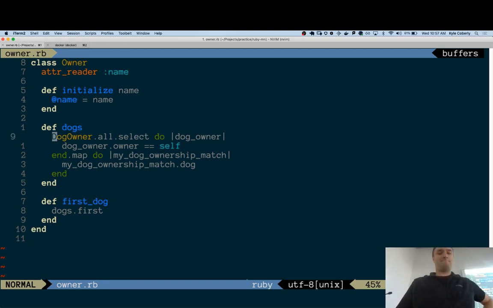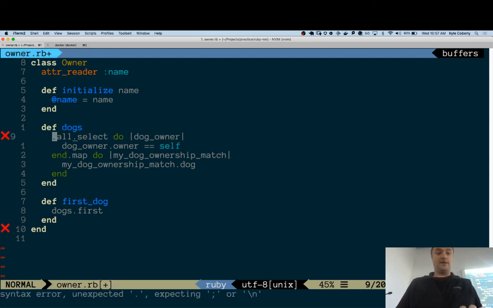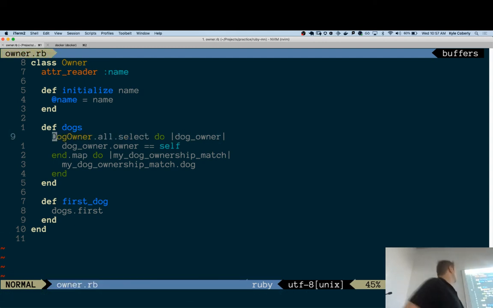Dylan: At this point, can't you get rid of dog owner as well? Because it's in the class? No, because I don't have a method name all. Dog owner does, because you're calling it on an instance. Yes. But a class method would not be dog owner. If it was a class method, yes. Correct. You got it.